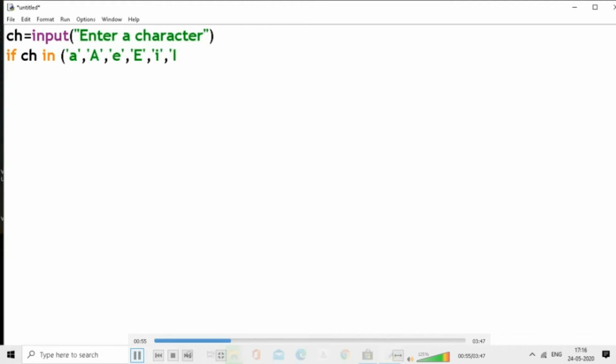Not only for characters, you can use it for strings, and mainly in lists the in statements are used. And here in ch, if you type some letter like E, then it will be checked in the given list whether that E is there or not.